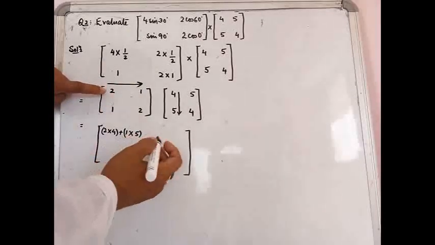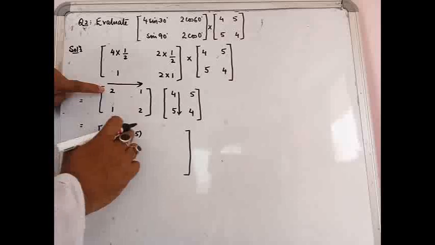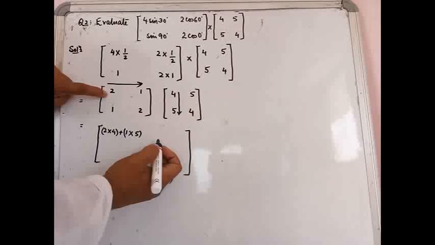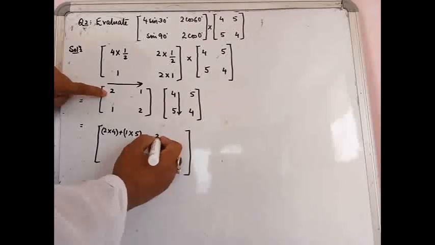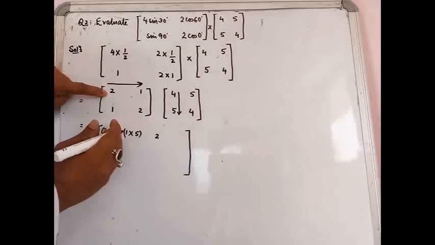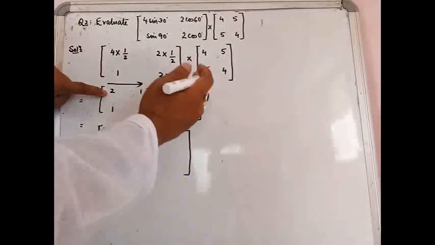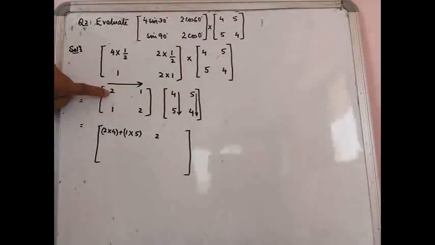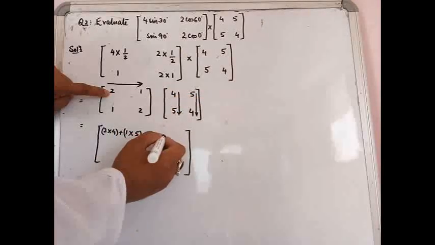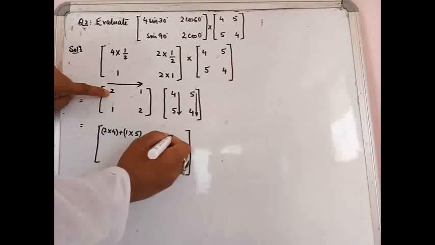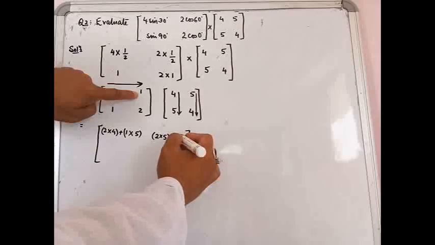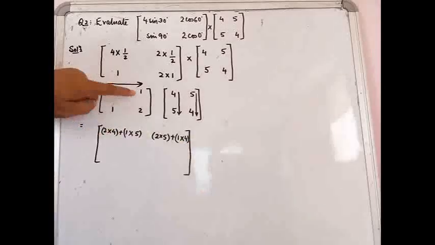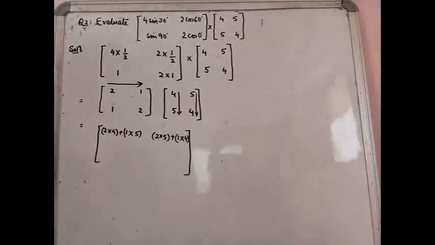Please note, we are still in the first row. We are still moving in the first row, so we will continue with the first row. So we have 2 multiplied by, now since we have moved to the second column, we will move to the second column here also. So again we are going to come down like this. So 2 multiplied by 5, plus, what is the next entry? 1. What is the next entry here? 4. This is how you are going to proceed.